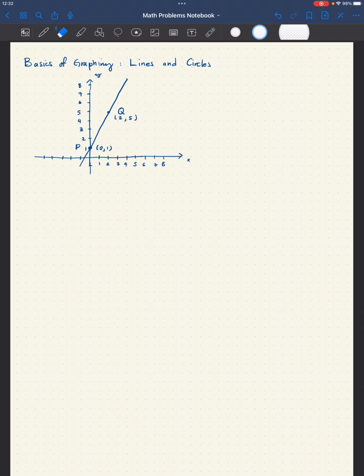Hello. This time we'll continue with the basics of graphing, including, in this particular case, lines and circles. So I'll start with a basic setup where we have initially two different points on the plane, P and Q, and their associated coordinates. As you may recall, for each point on the coordinate plane,